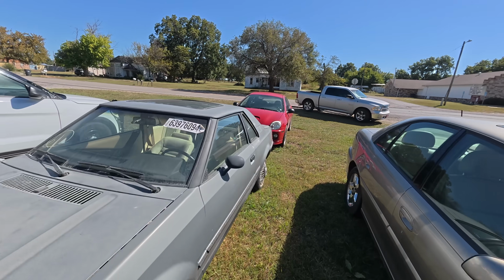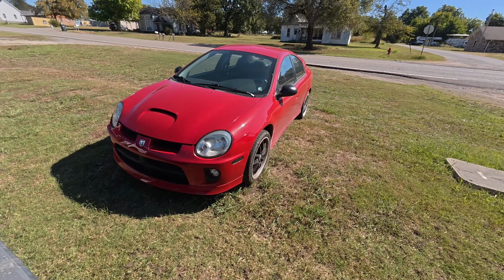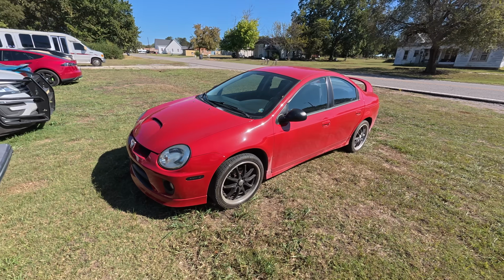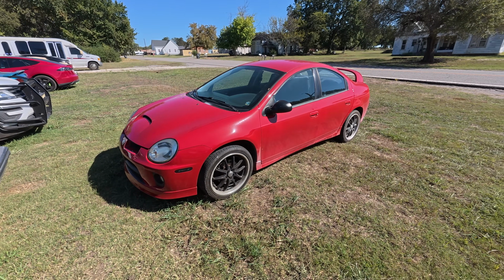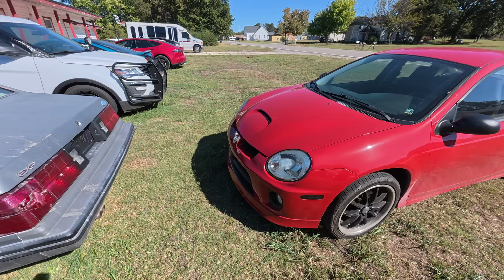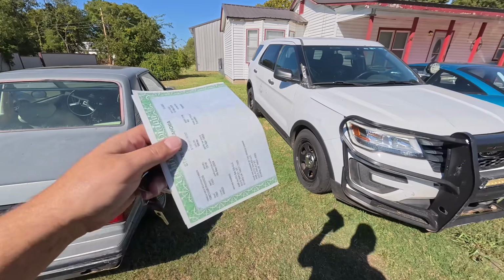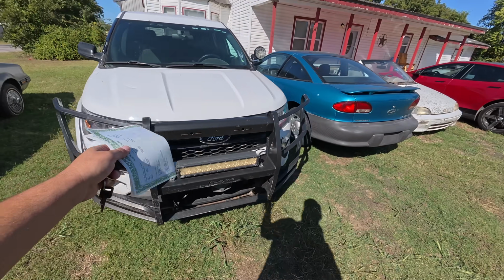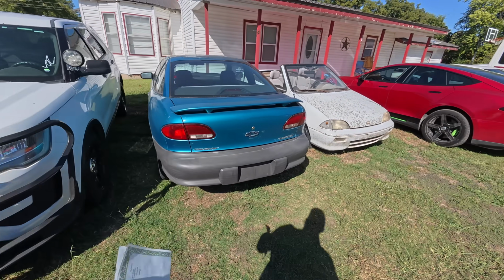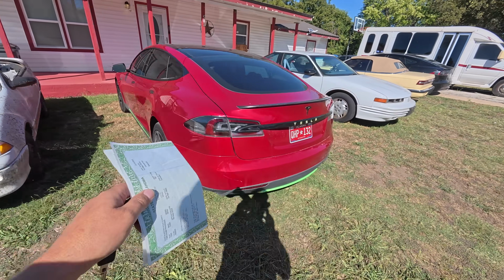Over here, we have the Dodge Neon SRT4. This one is on the auction block this week. This one is already up for sale, and we will see how it goes. I'm hoping this car does well because it runs and drives out really, really nice. The Ford EXP, the Cadillac Catera, the police car 2017 Explorer, 95 Cavalier, 92 Geostorm convertible, 2013 Tesla Model S